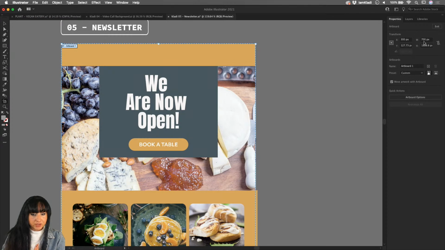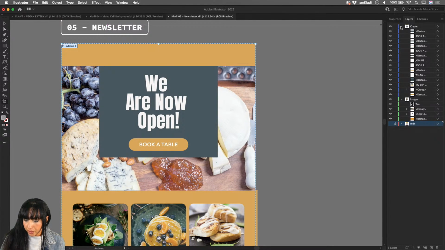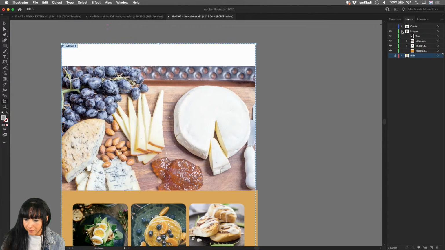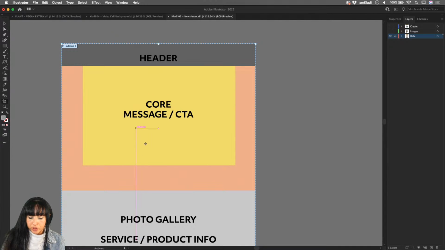And another measurement you really want to keep your eyes on is this top area. So you know what the main information is. If we head back to our little graphic here where I had all the structure done, where the core message, or CTA, which stands for,